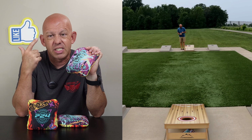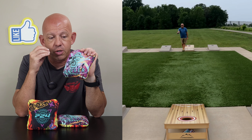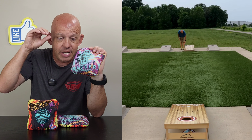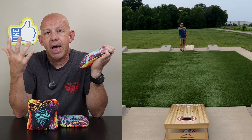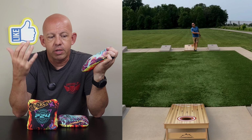When boards start to get sticky or damp and a little moisture on the boards from humidity, this material just starts to stick and stop. It's unplayable. Once you get enough moisture, the bag will just hit and stop, and it just won't move. You can't push it. You can't collect it. It's just there. And the big danger in that is if you live in an area where the temperatures drop,